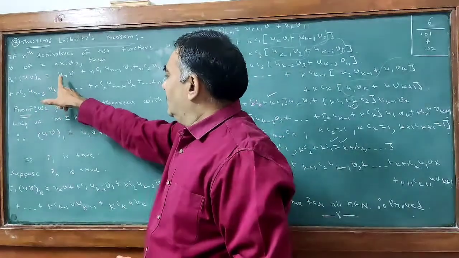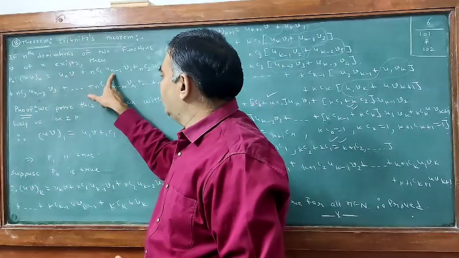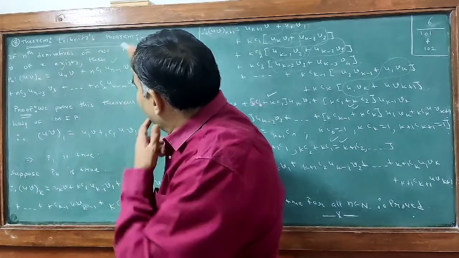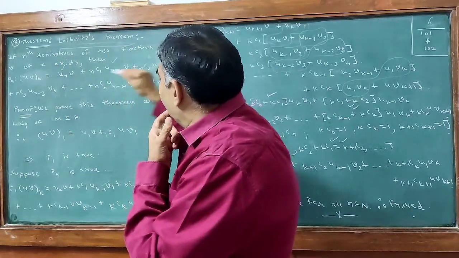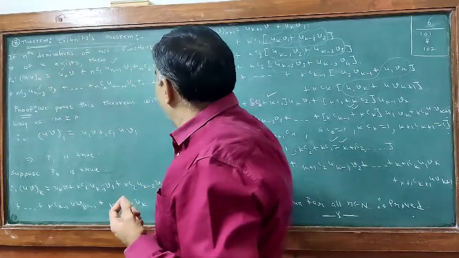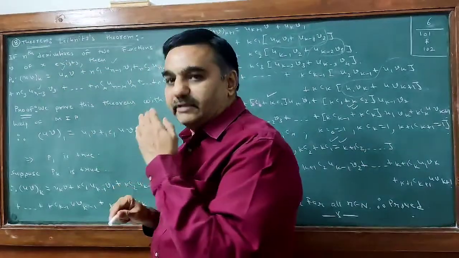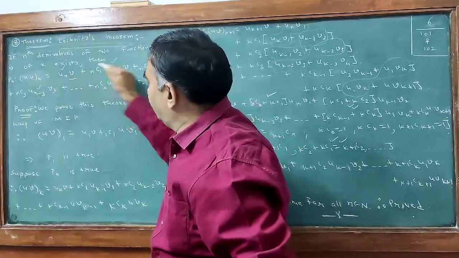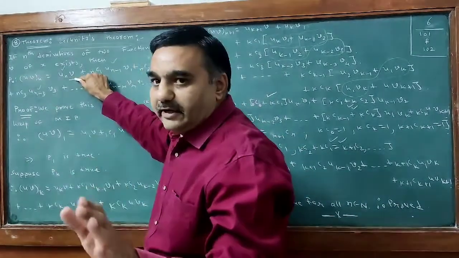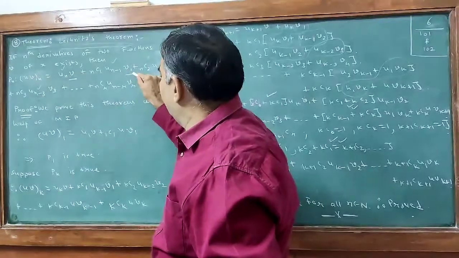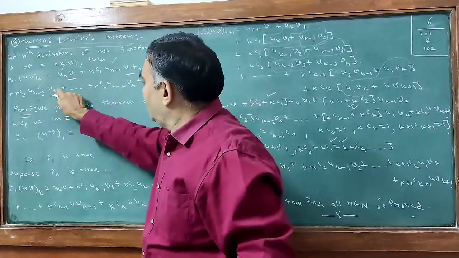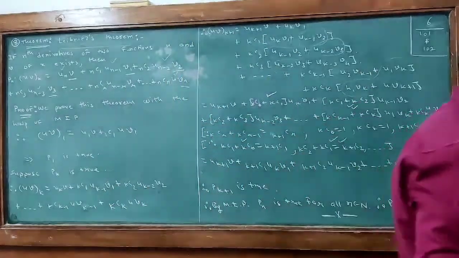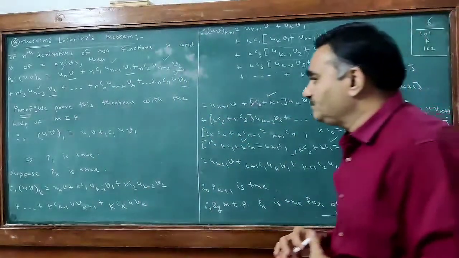Here, the differentiation of u is decreased by 1 power each time. You can see nth derivative, n minus 1th derivative, n minus 2th derivative, n minus 3 derivative, and lastly without derivative. And the derivative of v is increased. First, 0 derivative means no derivative, v itself, then first derivative, second derivative, third derivative, and lastly nth derivative. So this is the statement.